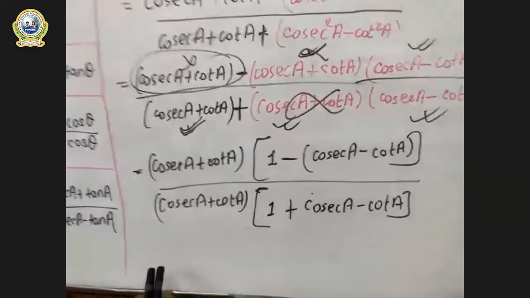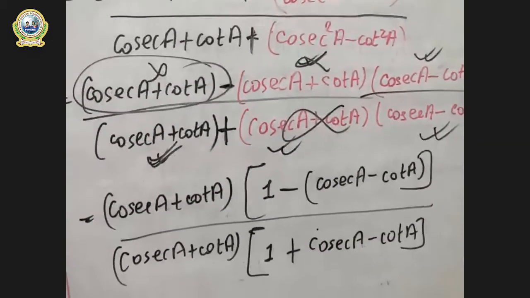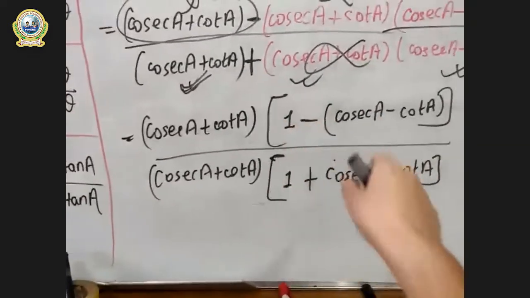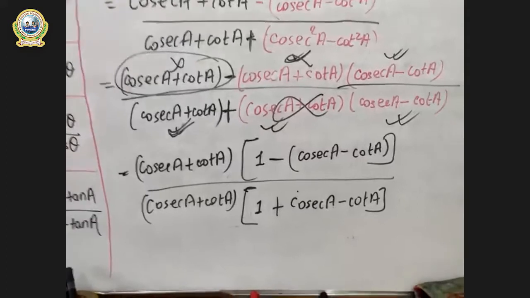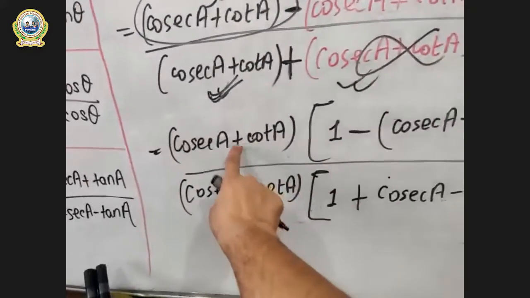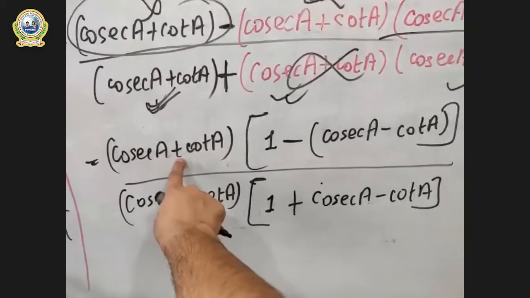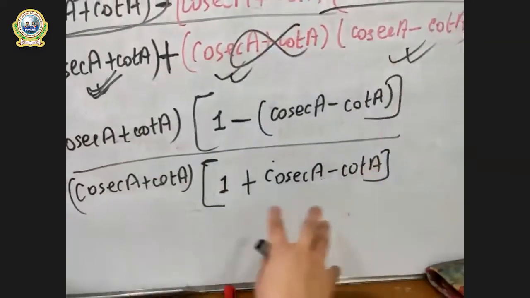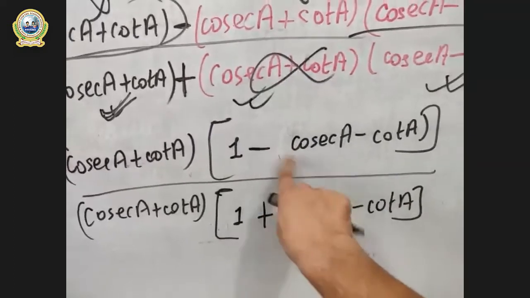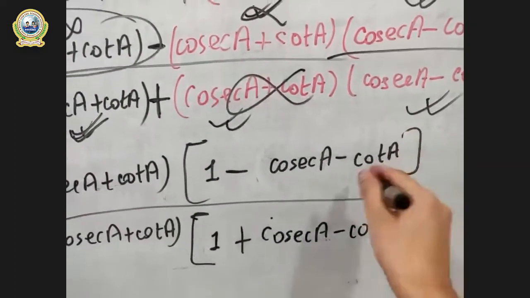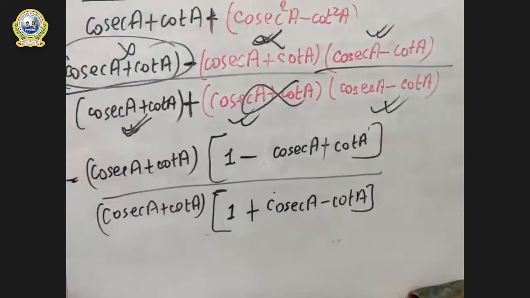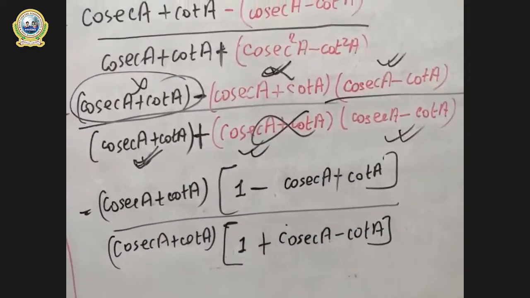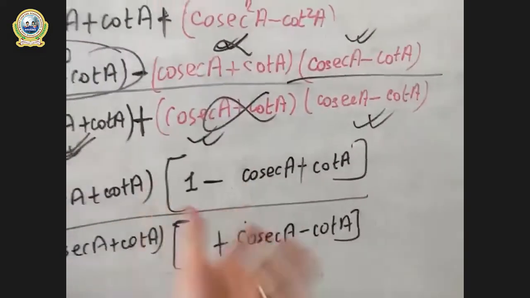Now only a single step is left. Just open the bracket with the minus. Can you open the bracket? This will be copied as it is, and all of this should be copied as it is. And now the bracket is opened. Now this will be plus, right? I have just jumped the step. I think you can understand it very well. I have just opened the bracket of the previous step.